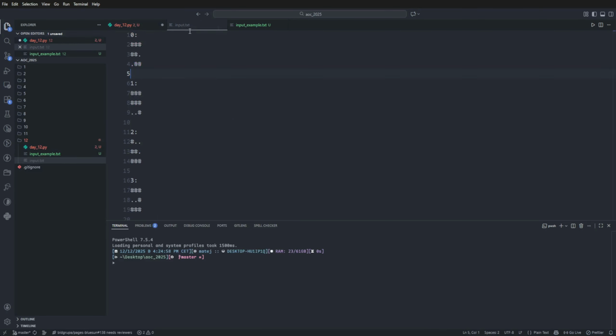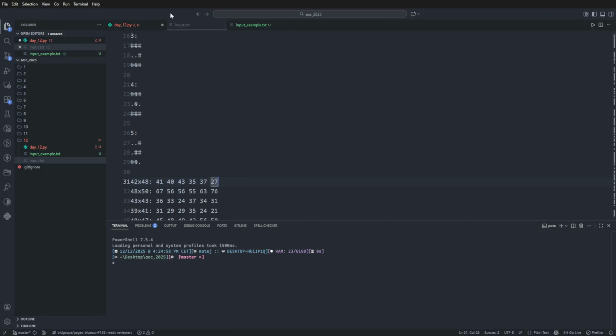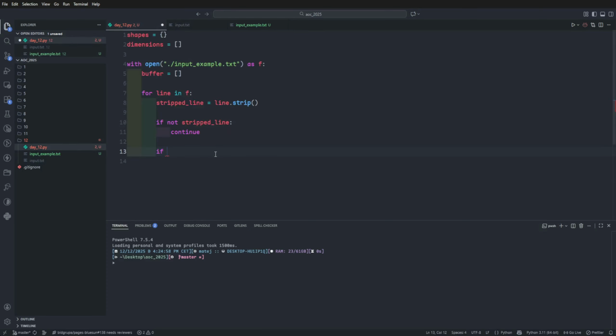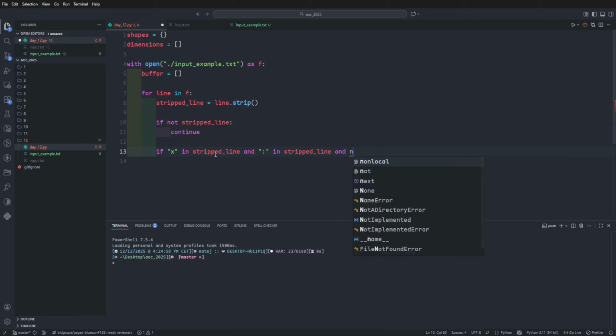And I guess we can start off with the simple ones, which are these regions. So we will check if we have an x in our stripped line and we have a colon in our stripped line, but, oh my god, and we don't have it at the end of the line